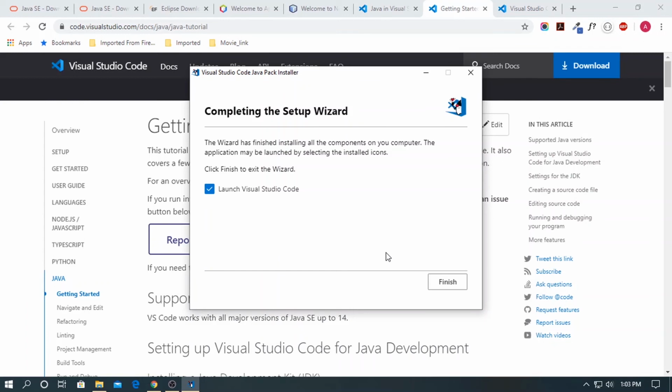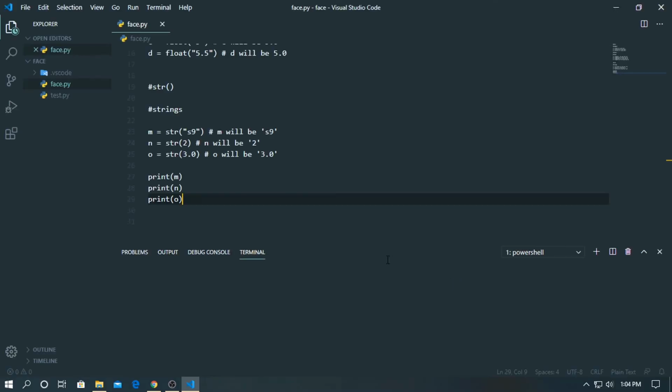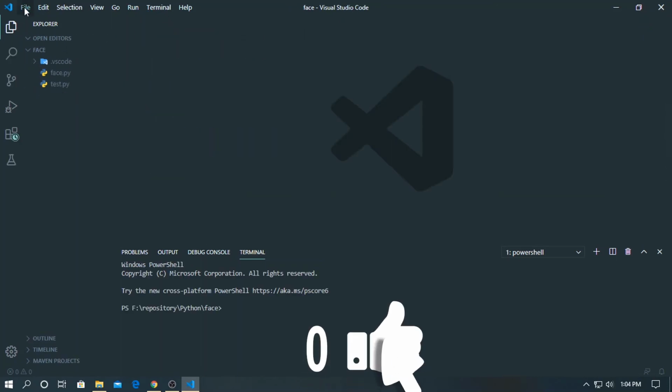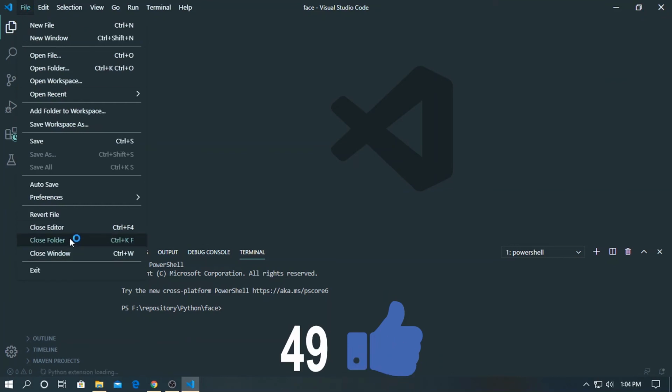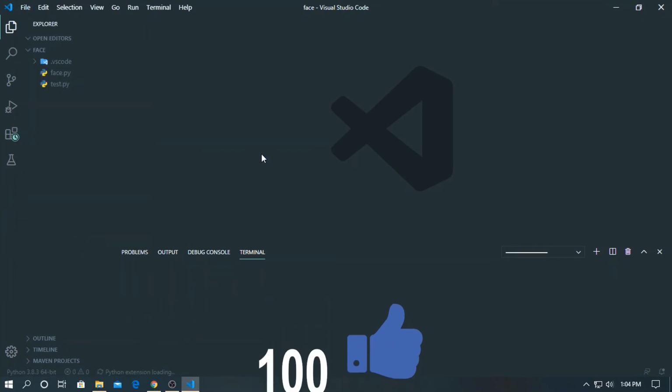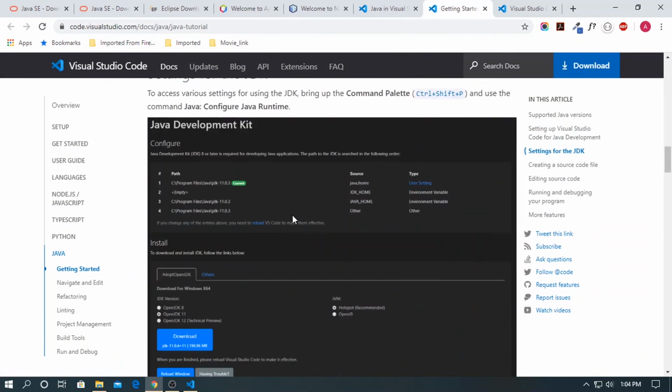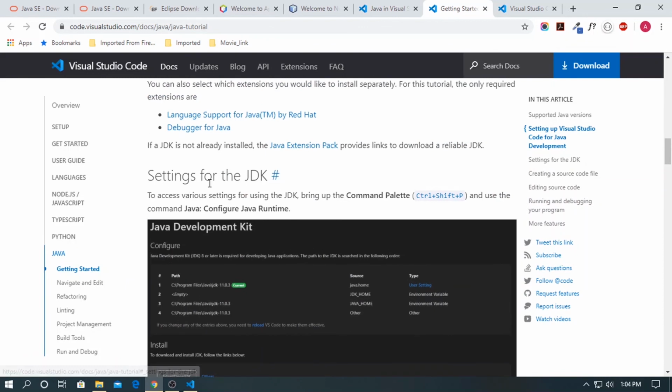Okay, the Visual Studio Code Java Pack installation is finished. Let's click finish. Installation successful. Let's close. Okay, installation complete. Setting for the JDK. Let's test the setting.